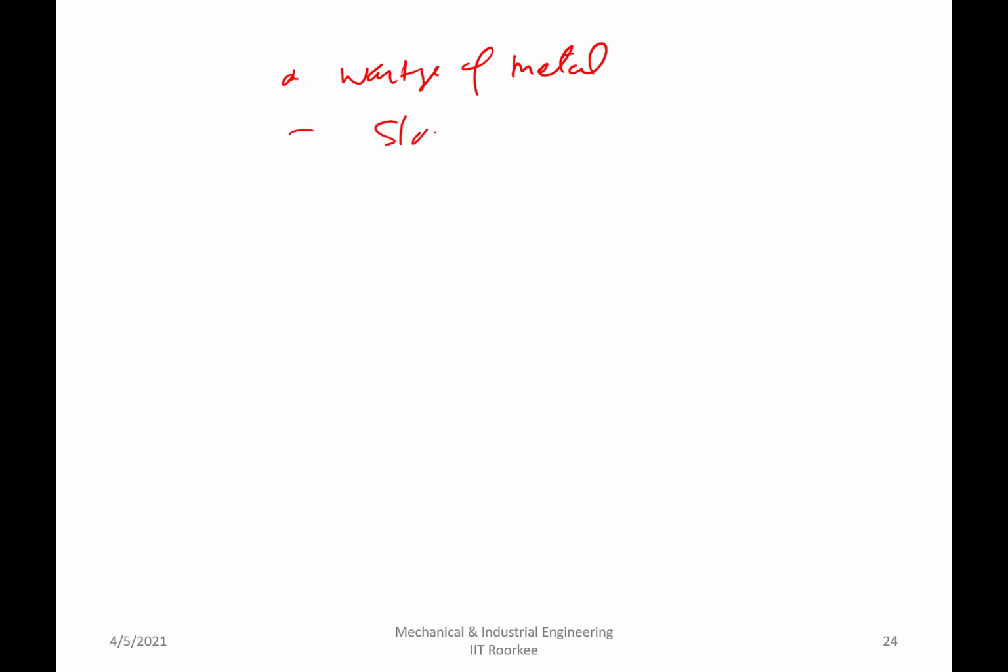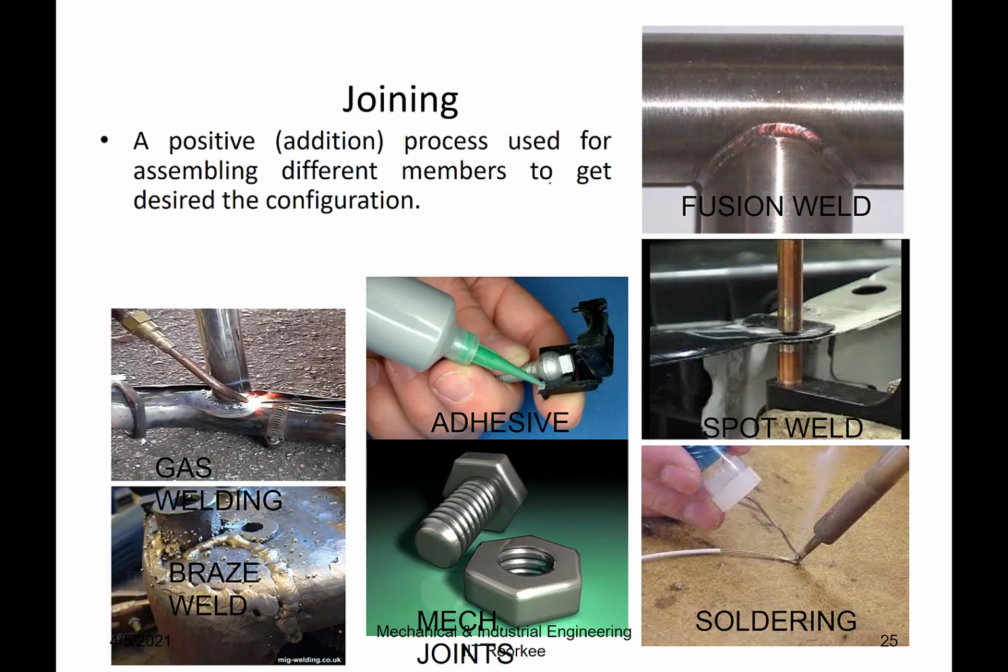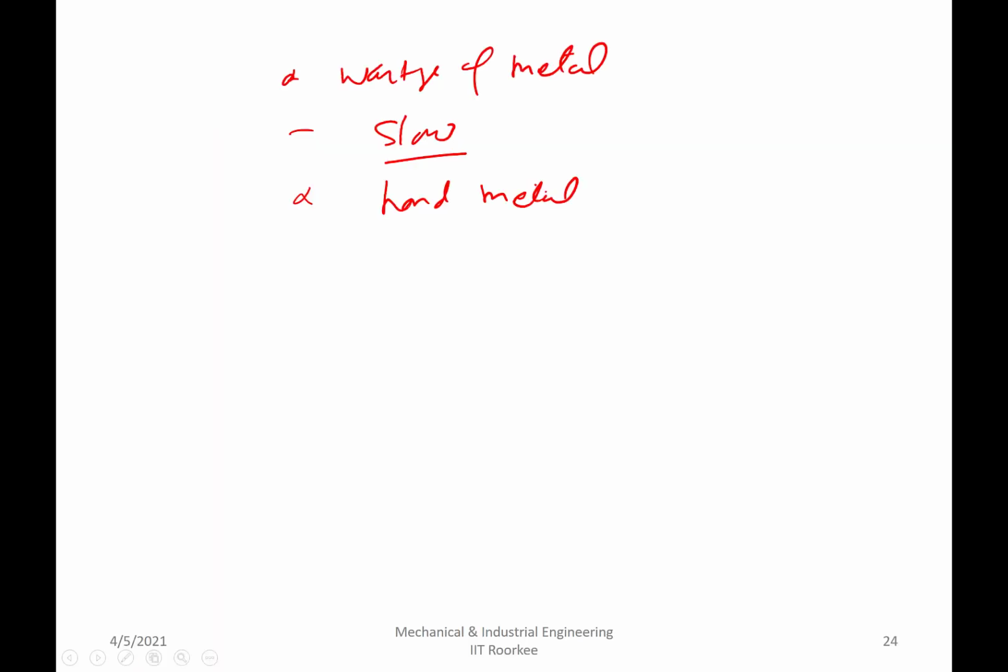The process is slow, it takes very long to get any product, but since this is secondary processing, it's fine. It's very difficult for hard materials. Hard metals, like if your hardness is just 5 or 10 RC, Rockwell hardness in C scale, you can probably machine it, but if it is 40 to 60 RC, you cannot machine it so easily. Its machining is very difficult. So hard metals are very difficult to machine.